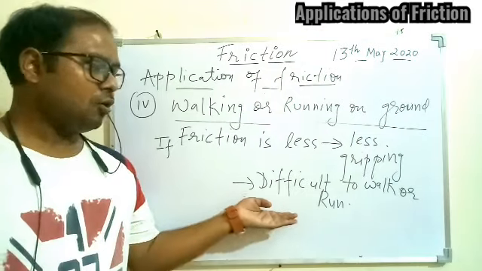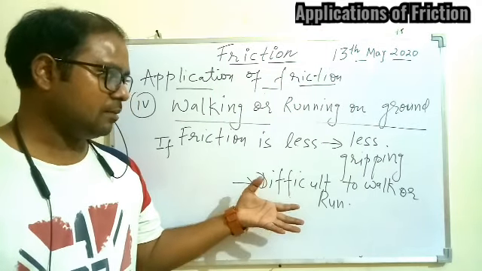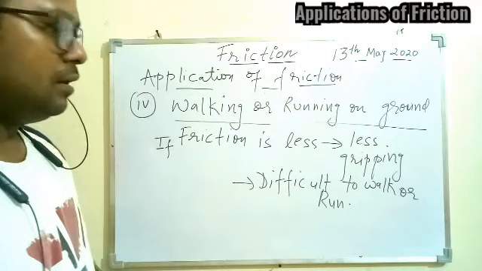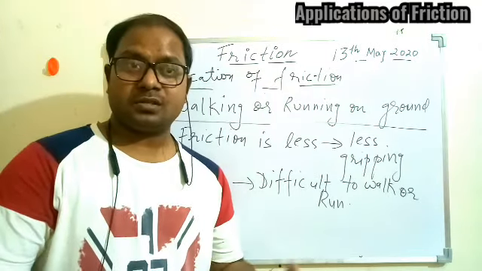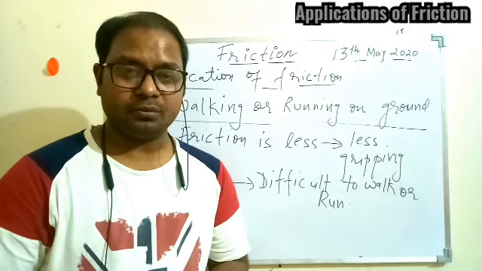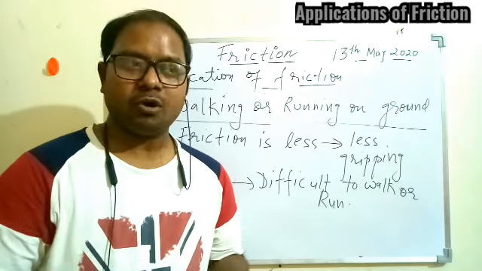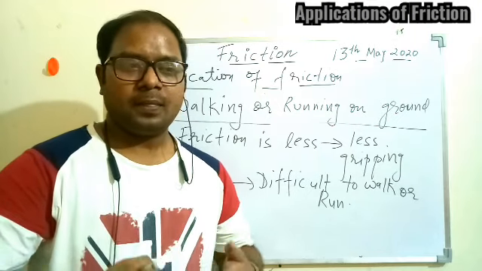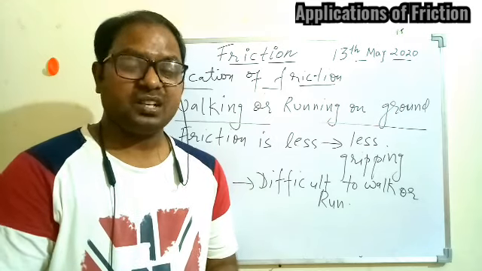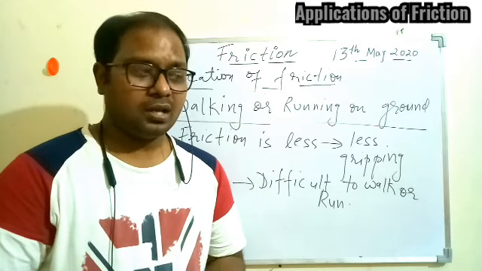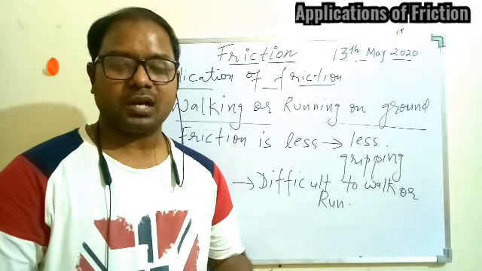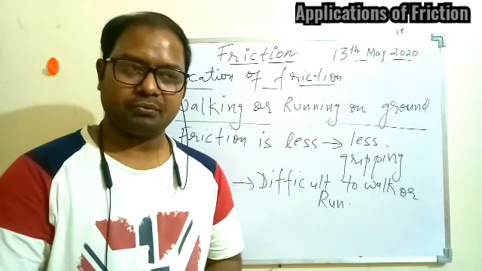So, to walk or to run on the ground, we should have a sufficient friction, sufficient gripping, and that's why if the surface is very smooth and very oily, then you cannot walk on that. You can fall down, because when you are trying to run or walk on the oily surface, your body is not able to have proper gripping with the ground, means the friction has been reduced, and because of that you are not able to move forward or backward anywhere. So you start slipping and you start falling on the surface.